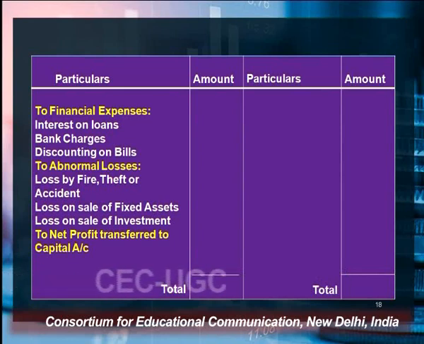I have already explained to you all types of expenses and all types of losses are shown on the debit side of the profit and loss account, because the nature of the profit and loss account is nominal, and the nominal account rule says debit all expenses and losses, credit all income and gains. So according to that rule, if there is any abnormal loss, that has to be shown on the debit side of the profit and loss account.